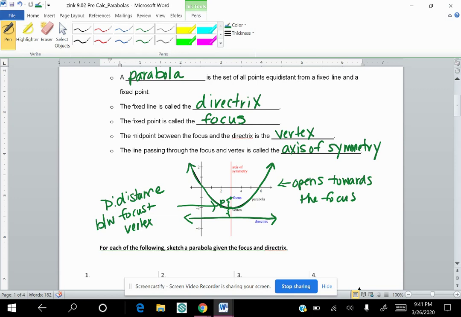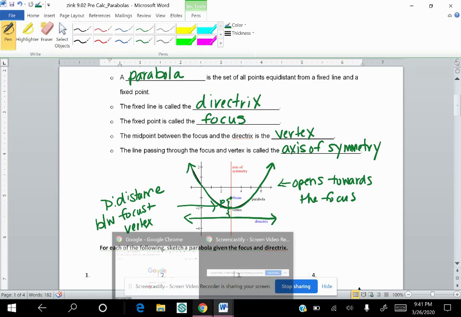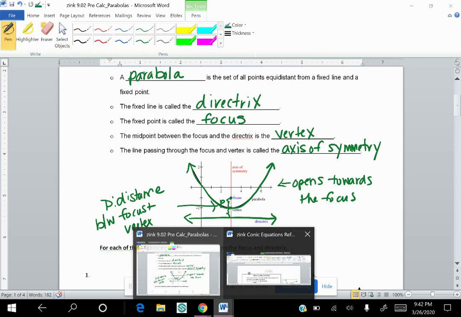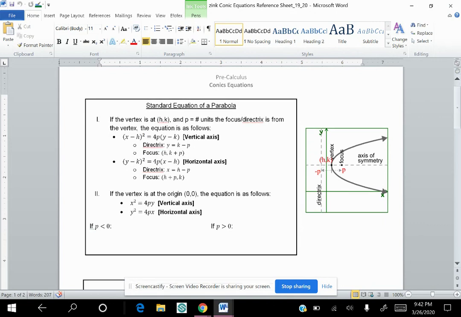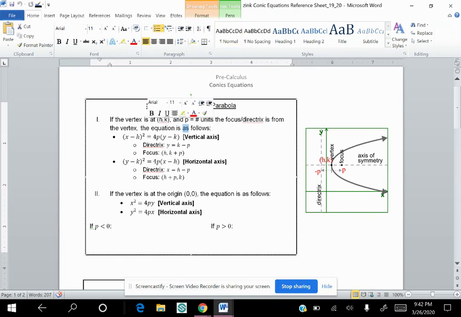The hardest part about really the rest of this conic stuff, when we talk about ellipses too, is it's a lot for our brains to wrap our heads around, because there's so much vocab and there's so many things to remember. So I want you to take out and have next to you, as we do these notes, this reference sheet that you guys picked up that last day that I saw you. And today we're going to be focused on just the top part, standard equation of a parabola. So there's a bunch of information on this sheet. Your vertex is h, k, P is the number of units